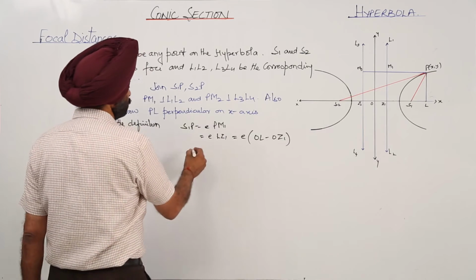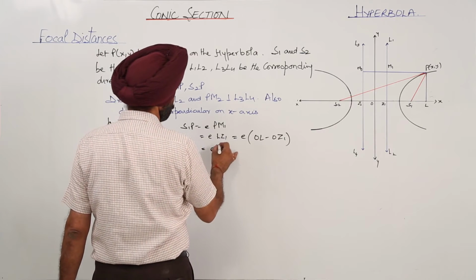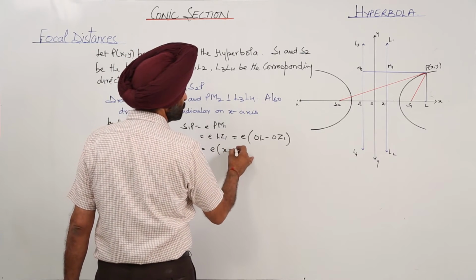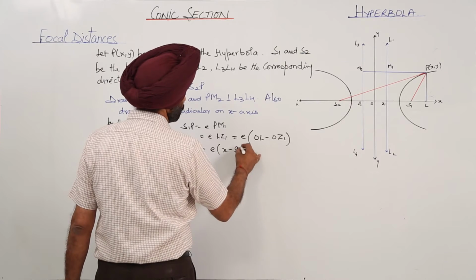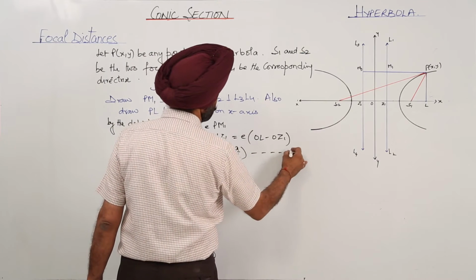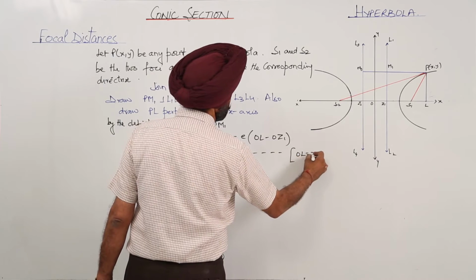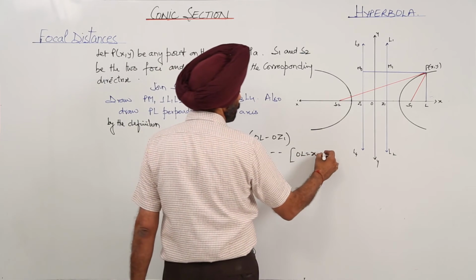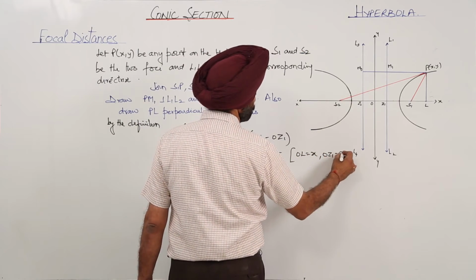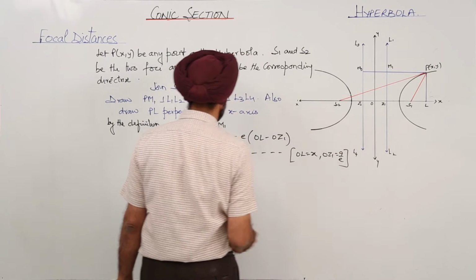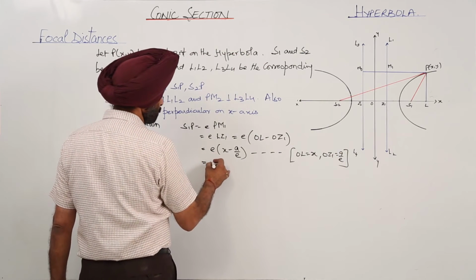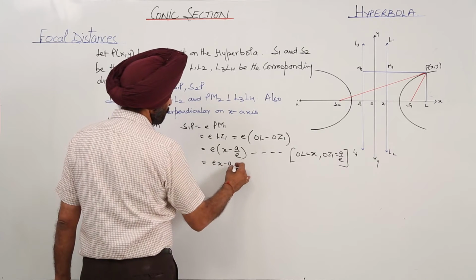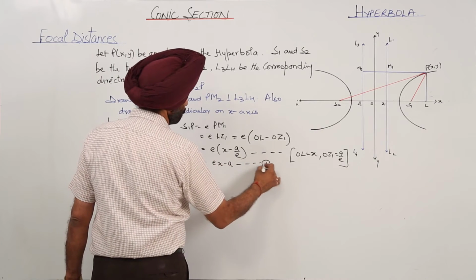So we have e times (x minus a upon e), since OL is equal to x and OZ1 is equal to a upon e. So this is equal to ex minus a. (1)